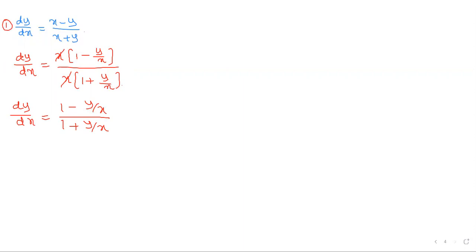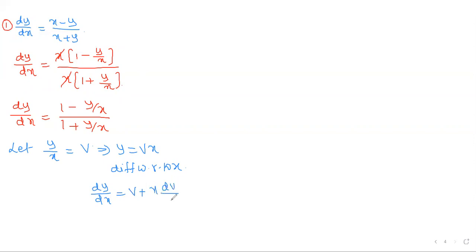So here we take the substitution. What is the substitution here? Let y by x equal v. So from this y is equal to vx, and differentiating with respect to x, dy by dx is equal to v plus x into dv by dx. Now replace this value here: v plus x into dv by dx is equal to (1 minus v) by (1